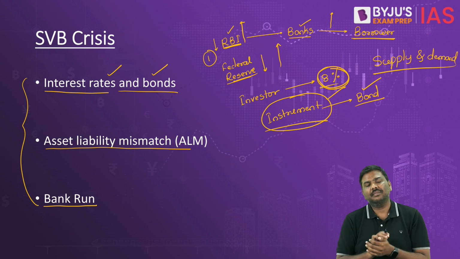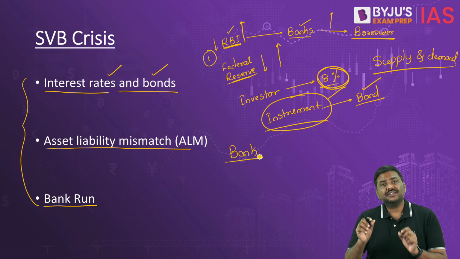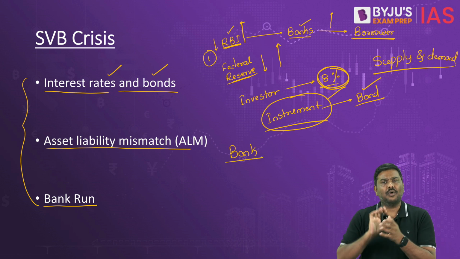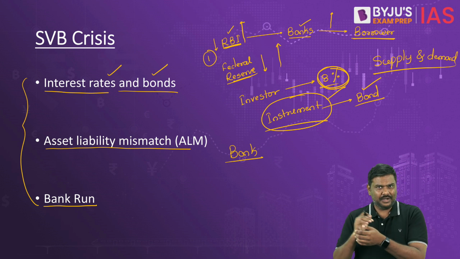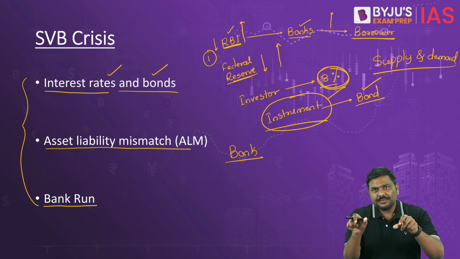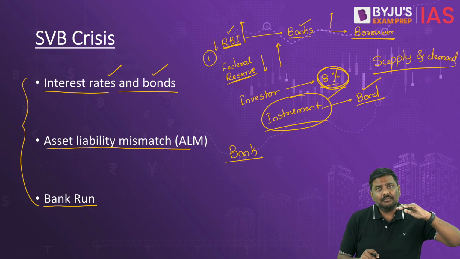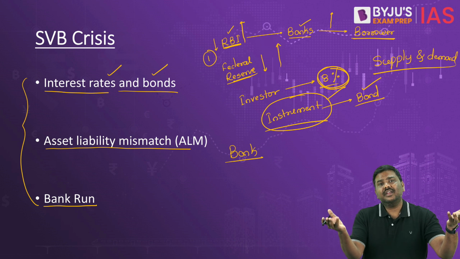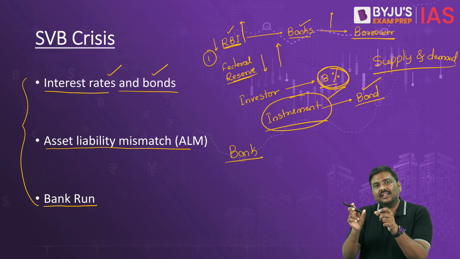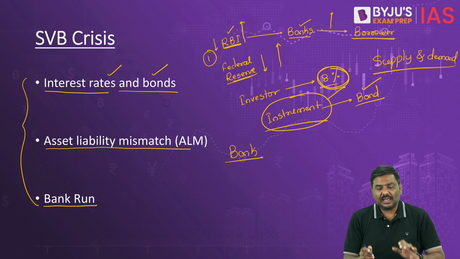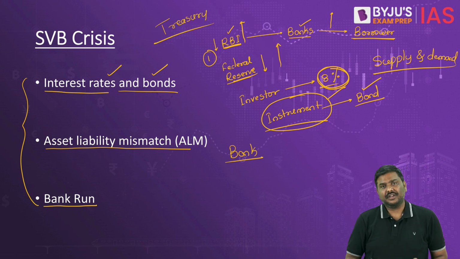Let's take a very simple example. Imagine here is a bank. This bank has purchased one bond, let's say a government bond. And in case of India, government bonds are basically referred to as dated securities. In fact, government securities are of two types. One is a dated security, second one is a treasury. Dated securities will have more than 1 year maturity period, and treasuries will have less than 1 year maturity period. In the same way, in case of USA, rather than dividing all of this, they'll simply refer to them as treasuries, that is, government securities are referred to as treasuries.